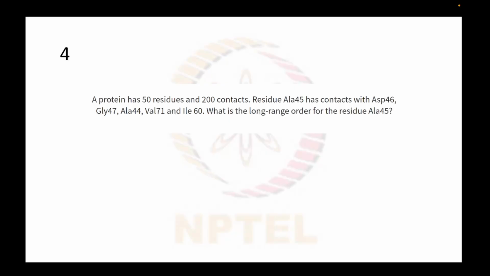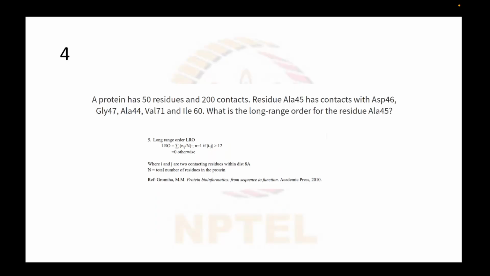So here I have a question regarding long range order. A protein has 500 residues and 200 contacts. Residue alanine 45 has contacts with aspartic acid 46, glycine 47, alanine 44, valine 71, isoleucine 60. So what is the long range order of this residue? Here I have added the formula for long range order also. To calculate the long range order,